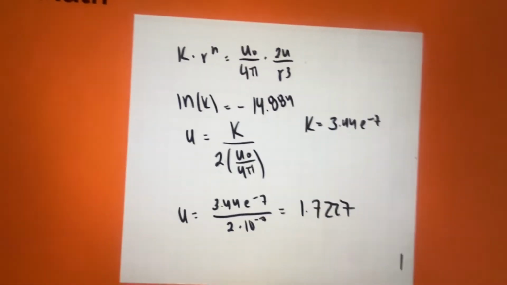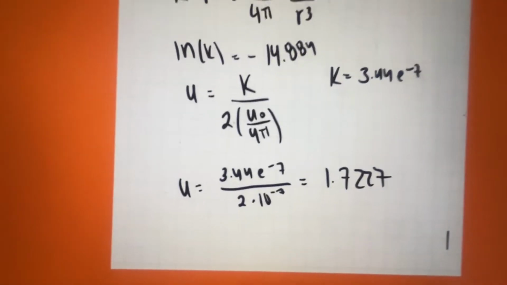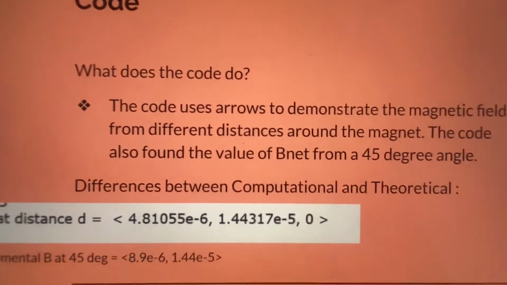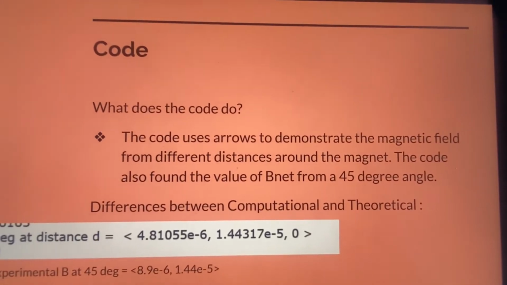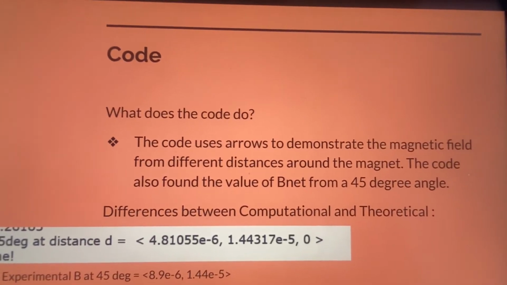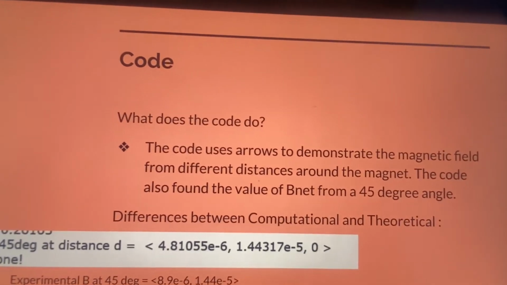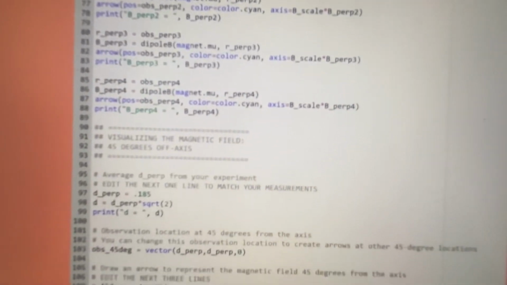Yes, so this was the math that was done to find the magnetic dipole, and it was found to be 1.7. And then the code, yes, so what does the code do? The code uses arrows to demonstrate the magnetic field from different distances around the magnet. The code also found the value of the magnetic net force from a 45-degree angle. Yeah, so basically the code is going through and mapping out what the vectors would look like around the magnet